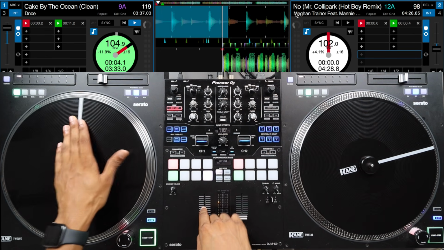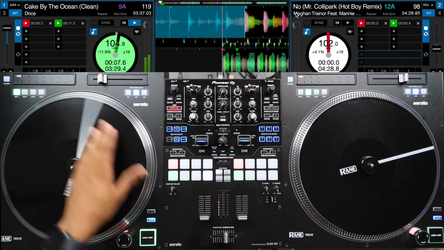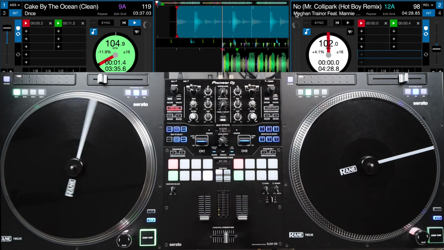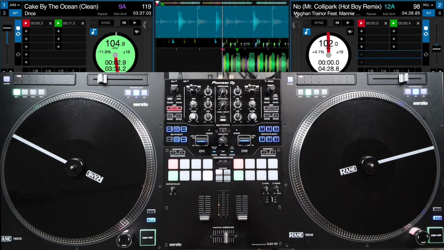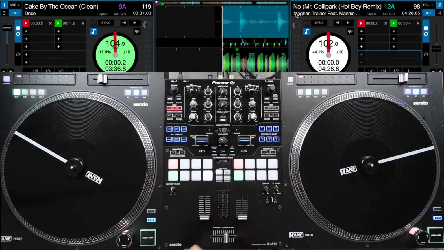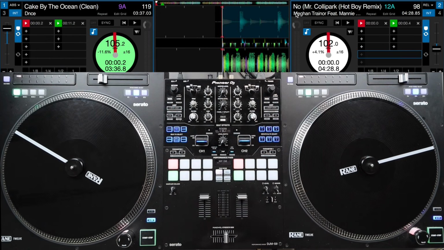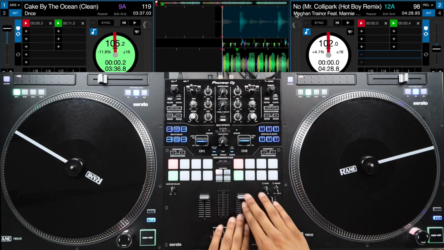So it'll go right into that 5th bar, and then a repeat, and then I'll have an 8-bar loop, which will give me a little bit more time. But for this particular transition, I think I have enough time just with the 4-bar loop. Now, the last thing to remember, the song that I was actually transitioning out of, I had the volume all